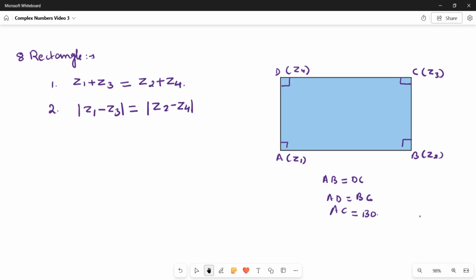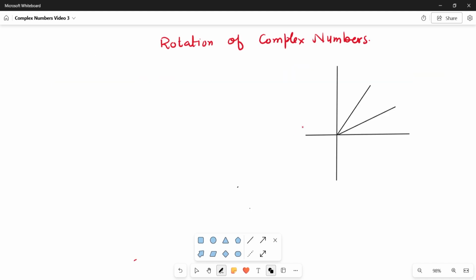Now see the next point. Suppose this is origin and suppose in the anti-clockwise direction this is theta and this is theta 1. Now see, this point is Z1, this point is Z2. Therefore, here complex number